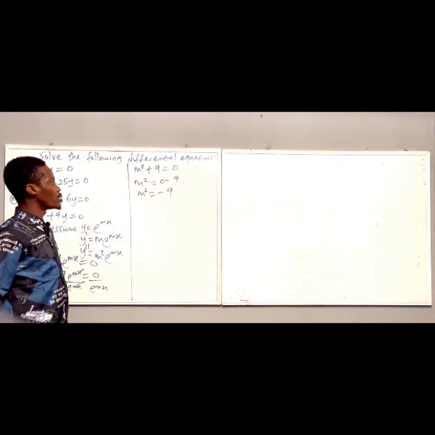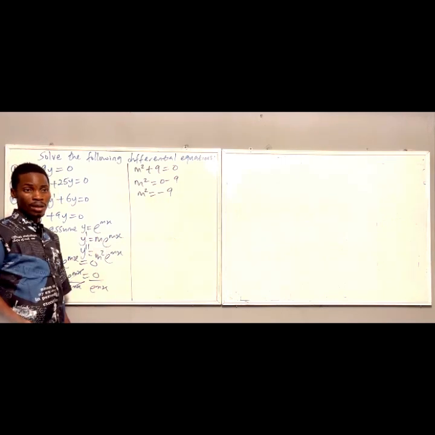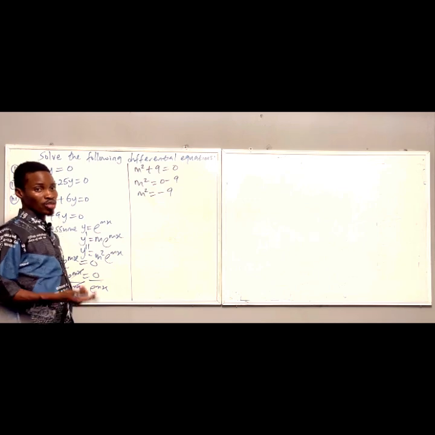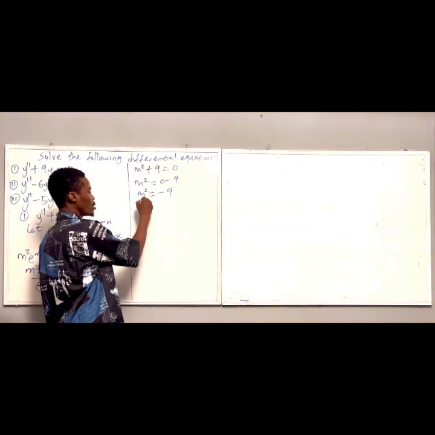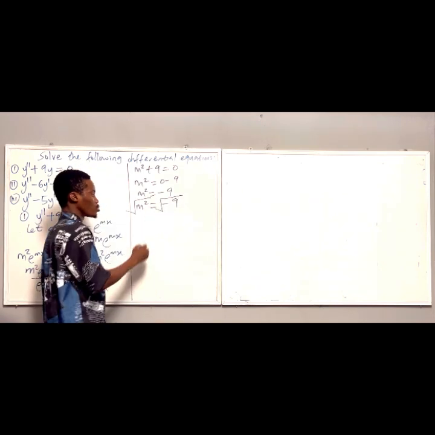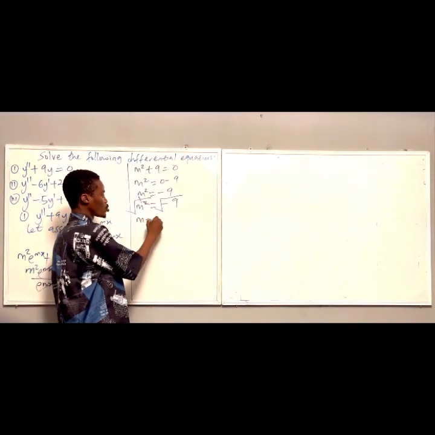So what am I going to do here? I want to solve for m. I want to get the value for m. What I am going to do is take the square root of both sides. I'm going to have the square root of m square is equal to the square root of minus 9. The square and square root will cancel. I'm going to have m is equal to